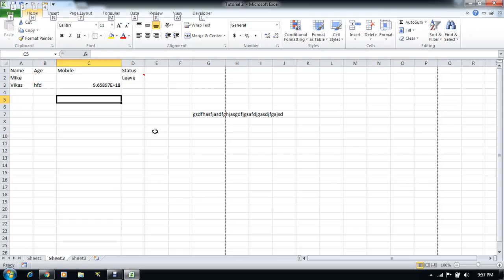Now the wrap text option is in the Home ribbon, so you will have to press H on your keyboard. By pressing H, we go into the Home ribbon.